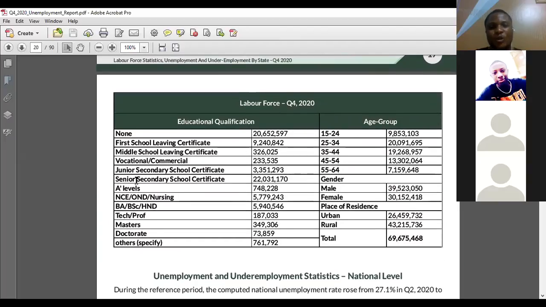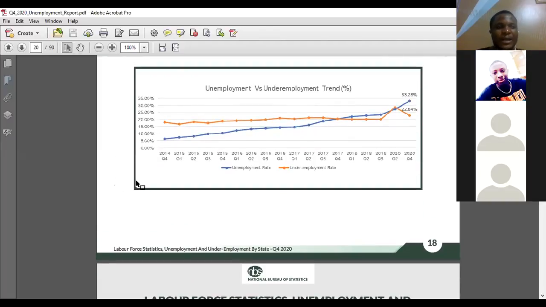Now, look at the qualification of people in the labor force. Look at the age group. Of course, you will note that most of those between 15 and 34 years that have first school leaving certificate are mostly in that particular category. You can also see the male and the female, and different classifications of the labor force. Then look at the unemployment rate trend between 2014 and 2020. Look at the way it has grown. The unemployment rate has continued to